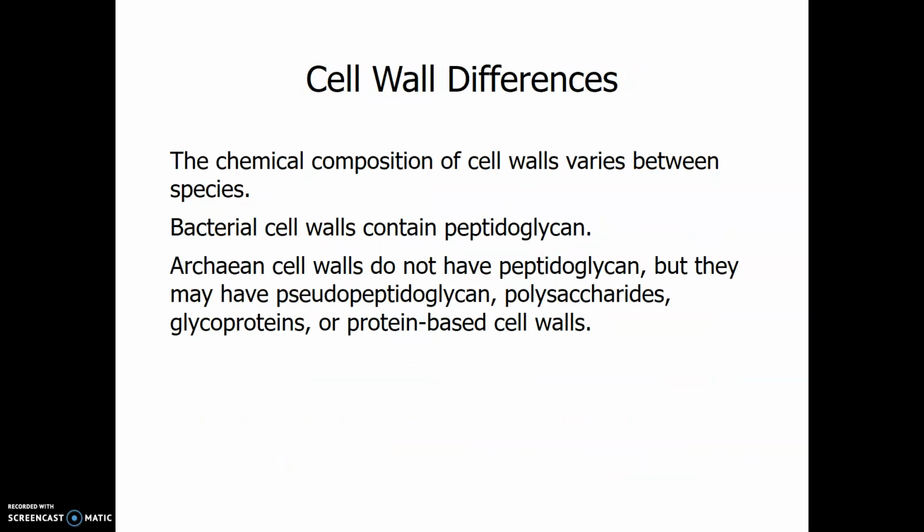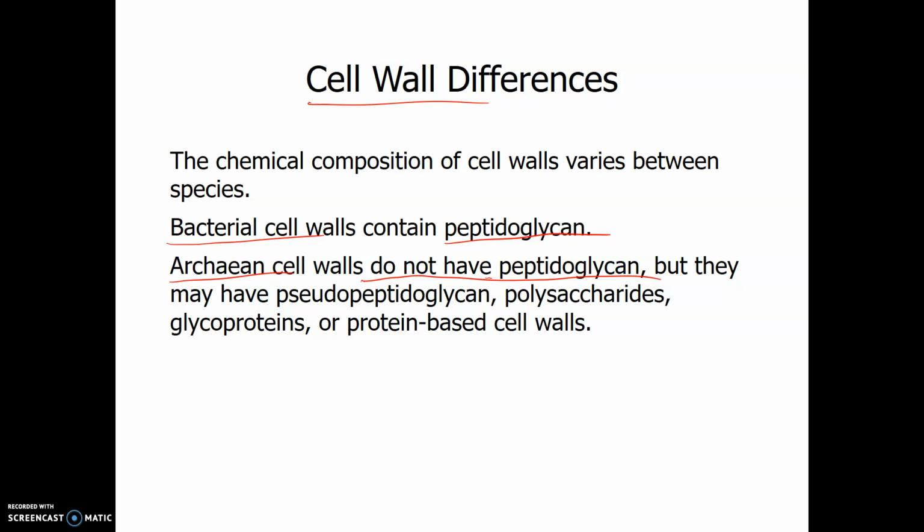Cell wall differences between the prokaryotes. The bacterial cell walls contain a chemical called peptidoglycan, and archaeal cell walls do not contain peptidoglycan. They can have a chemical called pseudopeptidoglycan, pseudo meaning false, so it's maybe similar, but it's not the same as peptidoglycan. They can have polysaccharides in their cell walls, kind of like plants contain cellulose, which is a polysaccharide, and